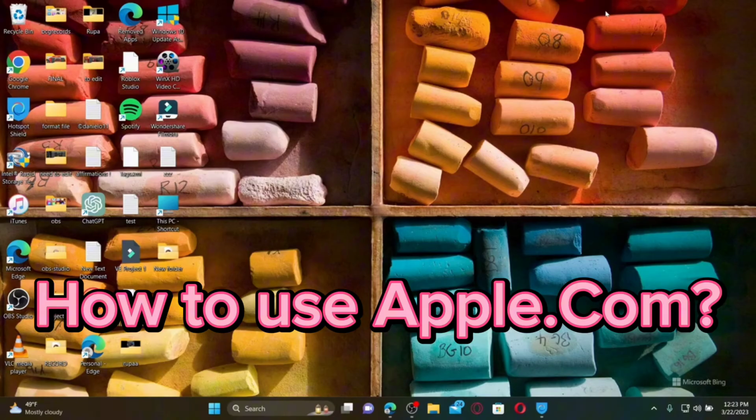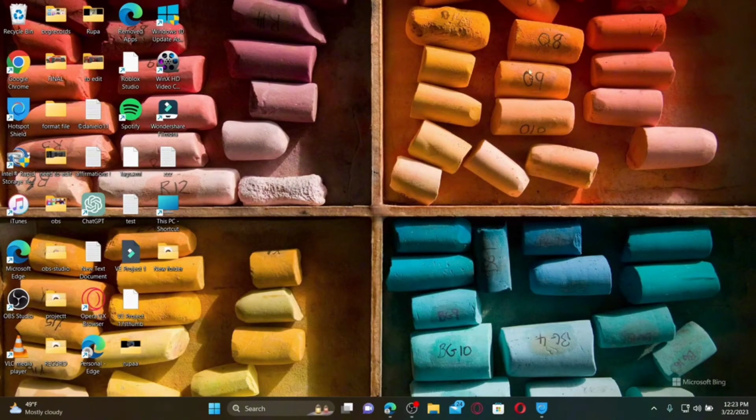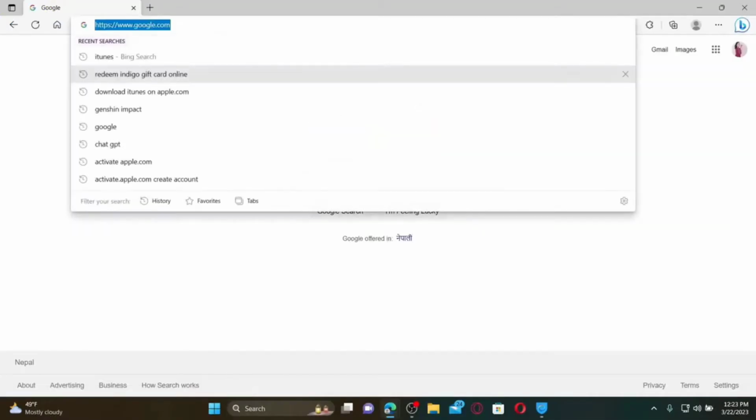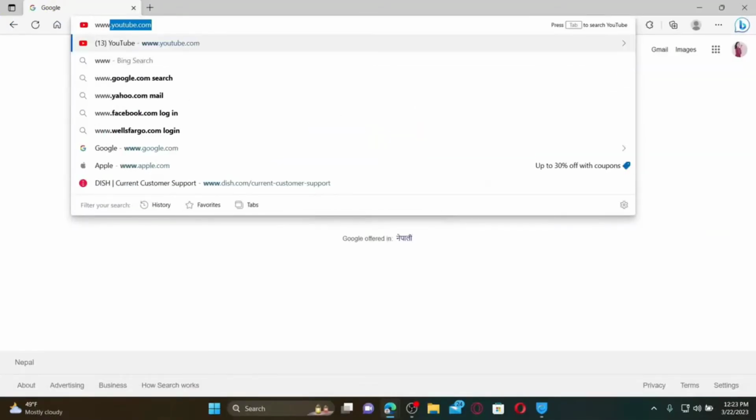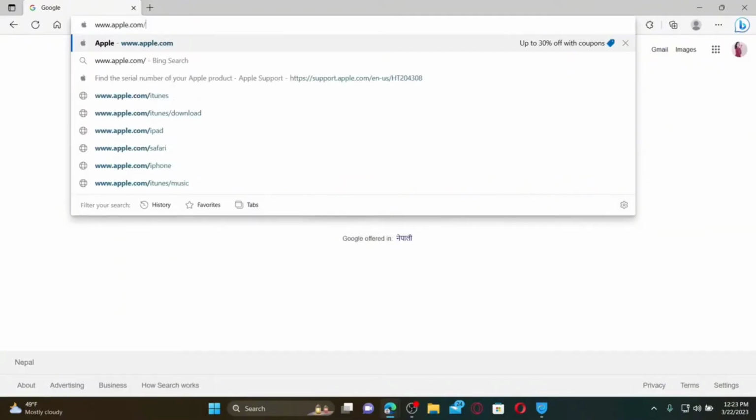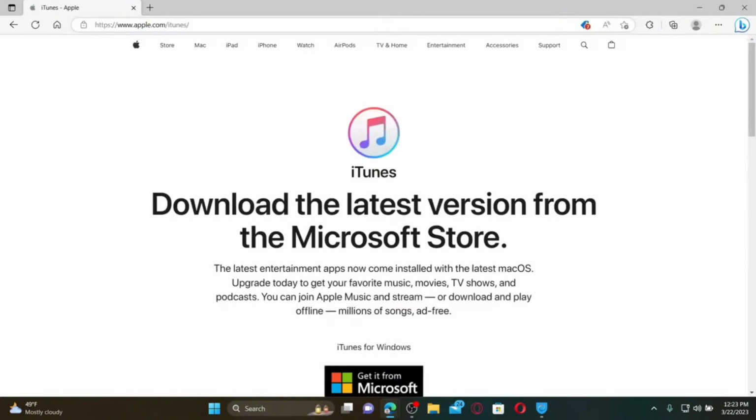Today I'm going to be guiding you through how to download iTunes using apple.com. Open up a web browser to get started. In the URL box, type in www.apple.com/iTunes and press enter. Soon after you do that, you'll end up on this page from where you can easily